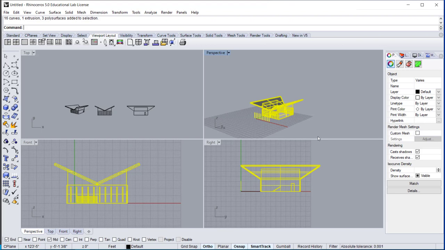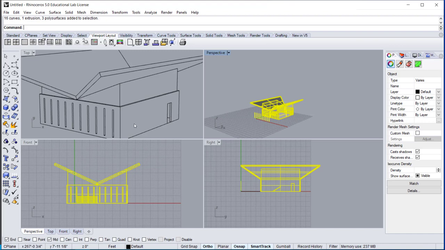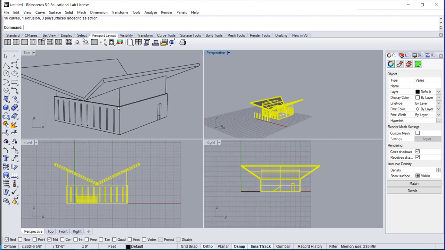So this is where layers come into play. This is all one line weight, and typically architecture drawings are not one line weight. The roof and the walls might be a thicker line weight, and then the glass might be a thinner line weight. It has to do with a lot of other